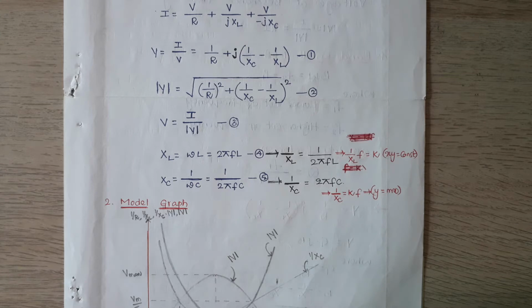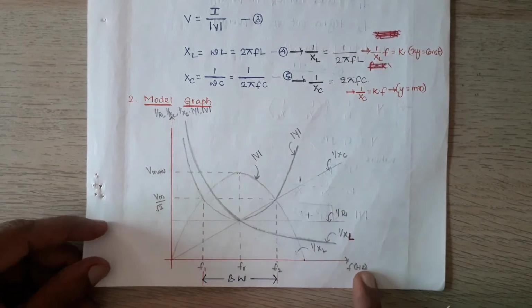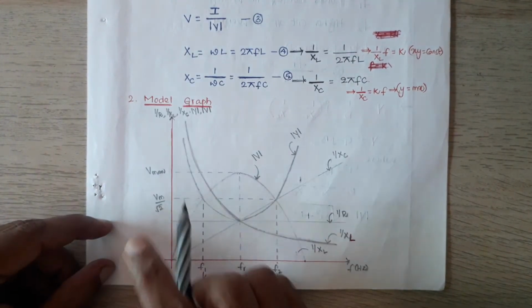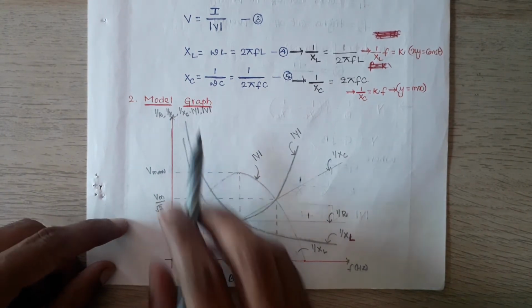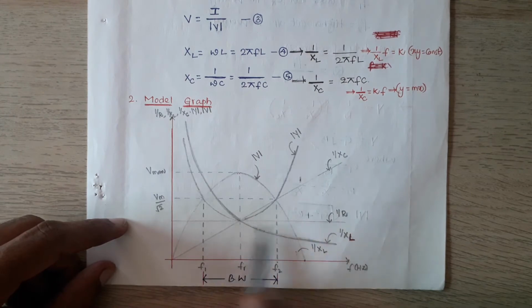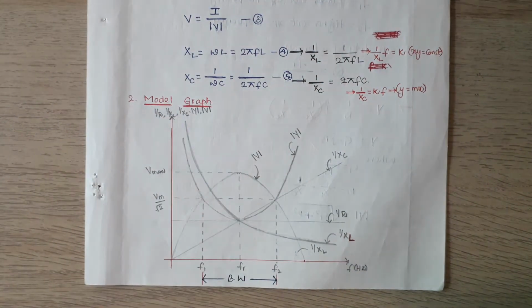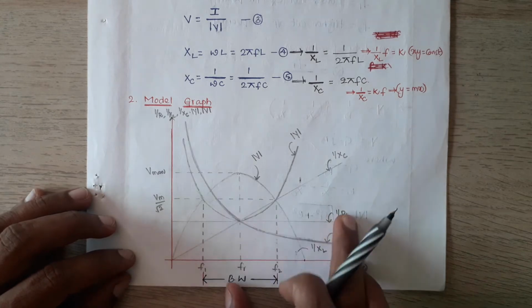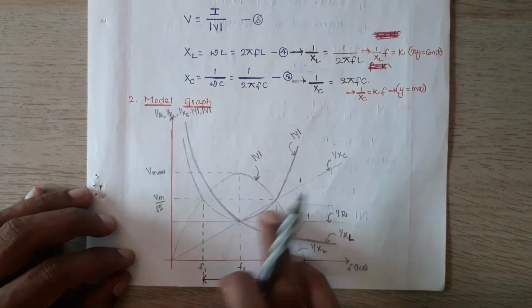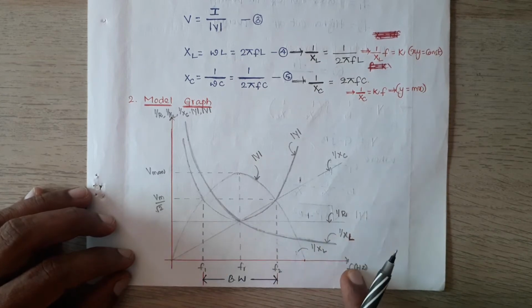Now let us try to draw the curves. These are the curves. On the frequency axis, and on the Y axis you have to take 1 by R, 1 by XL, 1 by XC, mod Y and V. First let us draw the 1 by R curve. Because 1 by R is a constant, it does not depend on the frequency; its magnitude depends on the value of R. So 1 by R is independent of the frequency, which is why it is a straight line parallel to the frequency axis.